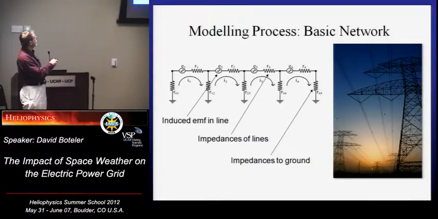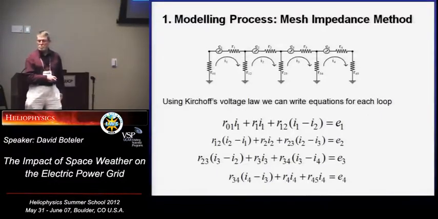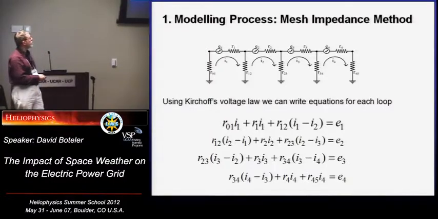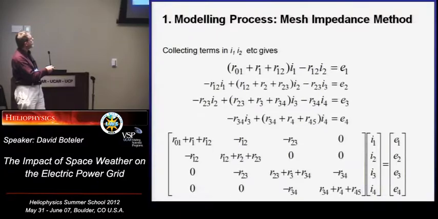This is to illustrate this as a series of loops, and we can produce equations for each loop in terms of the voltage induced in each line. And just using, this is kind of first year physics, Kirchhoff's law, circuit analysis is all you need. This is an equation for the four loops. You've got the four equations. You can collect the terms in terms of the currents, and gathering terms, you've got four simultaneous equations that you can solve.